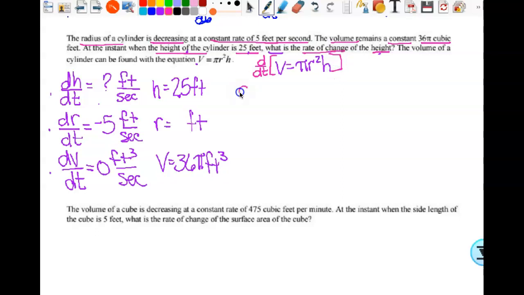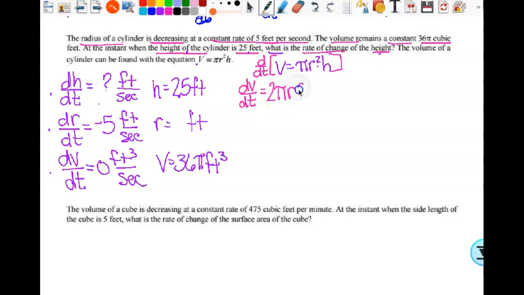So that means that'll give me dV/dt is equal to, all right, pi is a constant, right? So it's just treat it like a number. And I'm going to stick it to the r squared, just keep those two things stuck together. So what rule do I need to do when I'm doing my derivative? Product rule. So I take the derivative of the first, which is going to be 2 pi r